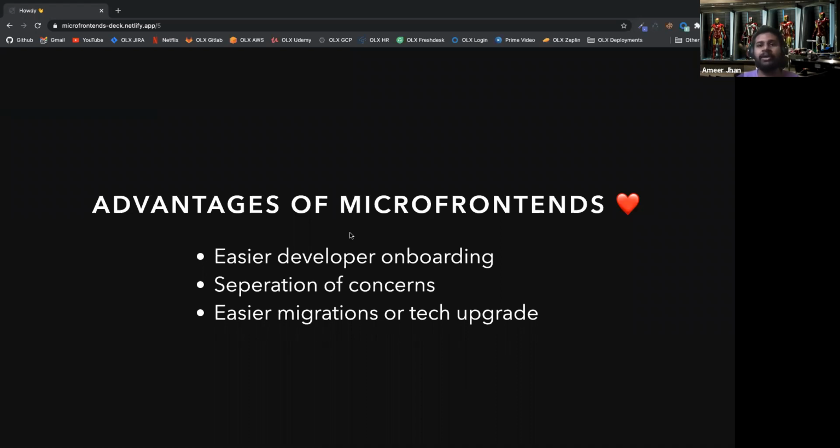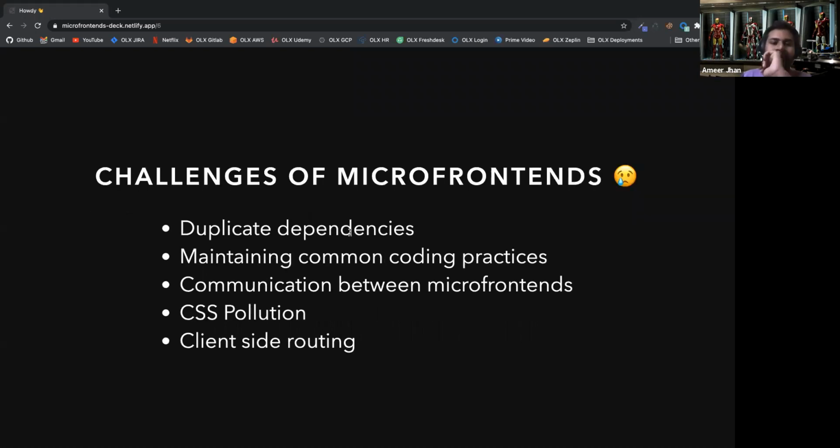But if you take micro frontends, you can do it in pieces. One team can decide, okay, I'm going to upgrade to React 18 because I'm not having any current product features right now. I'm okay with doing some tech upgrade. They're free to do it, and same for other teams, so they don't have to wait for another team to do a tech upgrade or migrate. It just separates out into multiple pieces and they can have their own cycle of tech upgrade or migration of libraries.